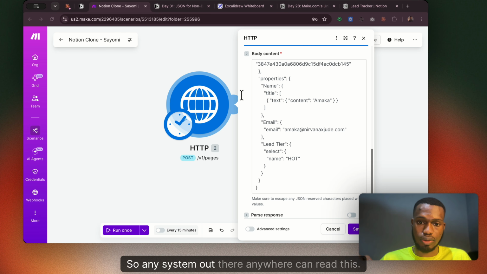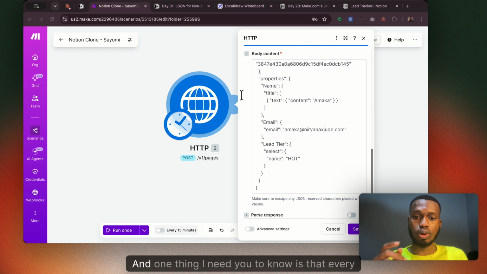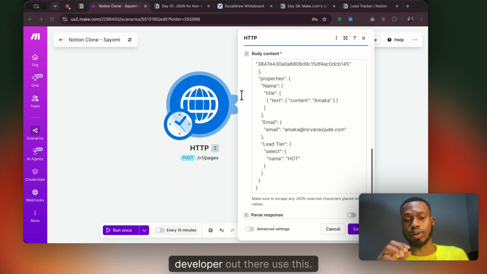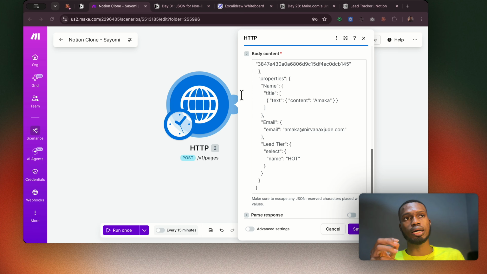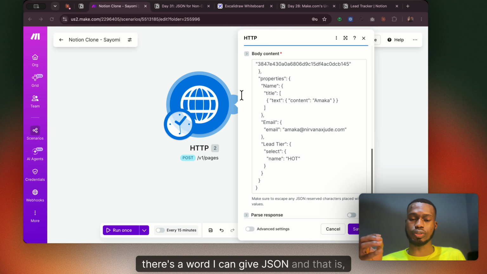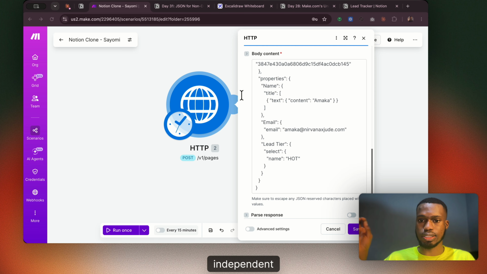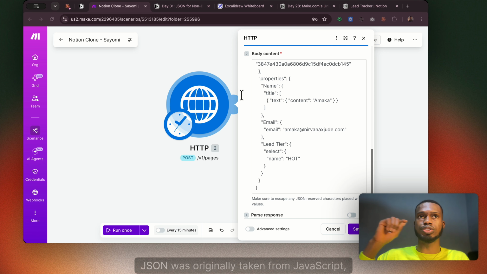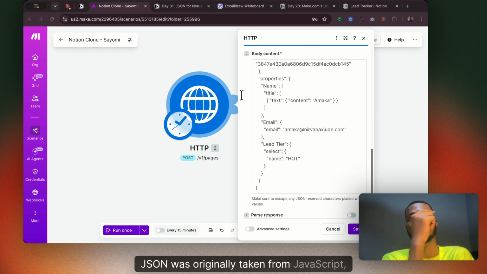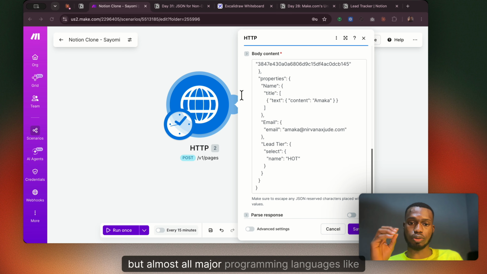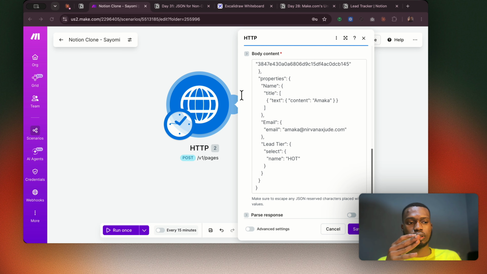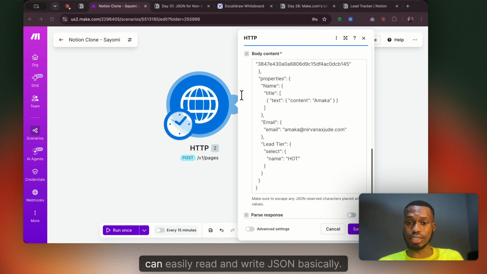So any system out there, anywhere can read this. And one thing I need you to know is that every developer out there uses this. There's a word I can give JSON, and that is I can say it is language independent. Though JSON was originally taken from JavaScript, almost all major programming languages, Python, Java, C++, and PHP, can easily read